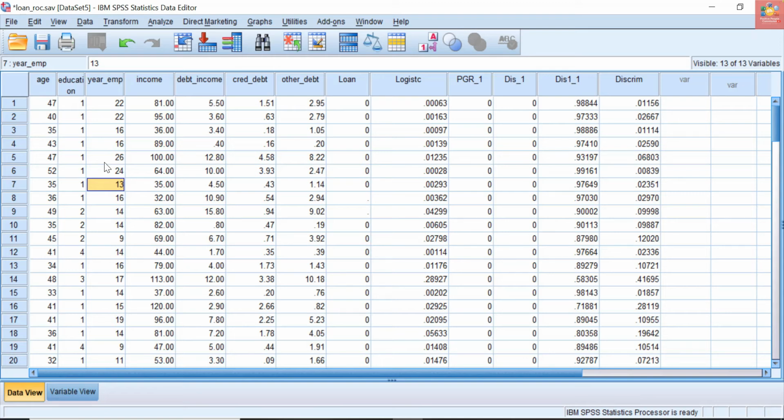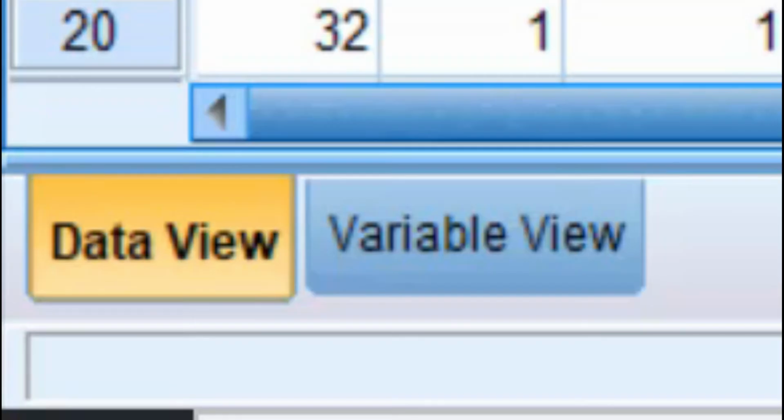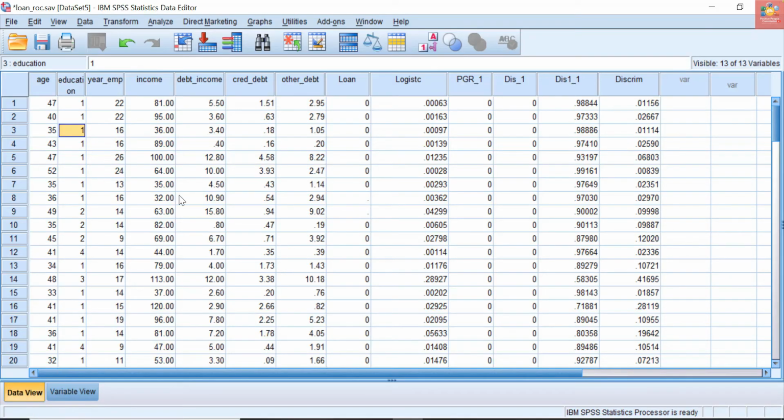So every single line in SPSS represents a case, and every column represents a variable, that is, the variable on which every case has been recorded. It has two windows, possibly three. One is data view and the other one is variable view. Right now we are in the data view window. The data view window looks like a spreadsheet actually, where we have variable names in the columns and cases in the rows. Entries are shown here.